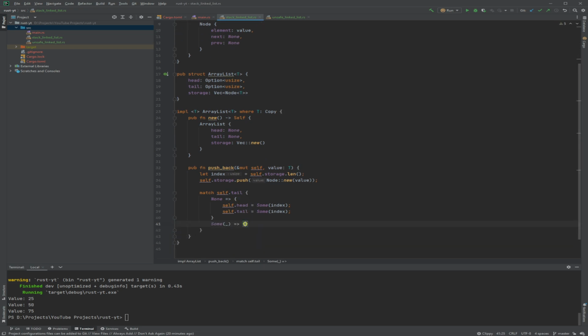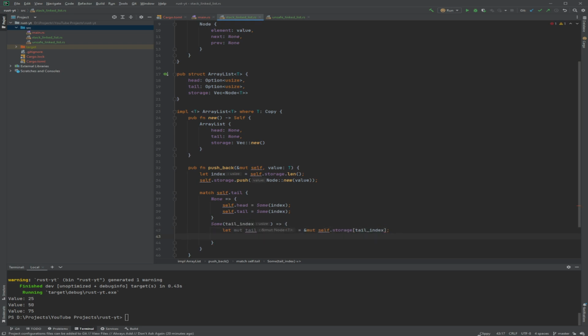And if there's some, then we want to get the tail index of that Some, and then we want to get the tail, and we want to get the mutable reference of the element in the tail.